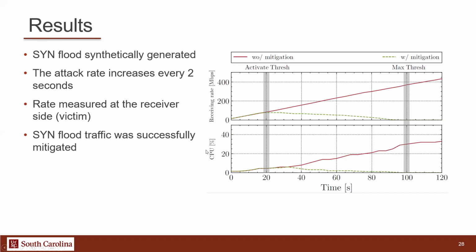And the same thing can be seen in the CPU of the receiver, which now is being controlled well. When we get to that point, all the SYN packets are being dropped, and basically we get a very small CPU usage. Now, this is just because of how the mitigation algorithm works, but it's certainly not the only way. There are other ways that we can basically mitigate these attacks.